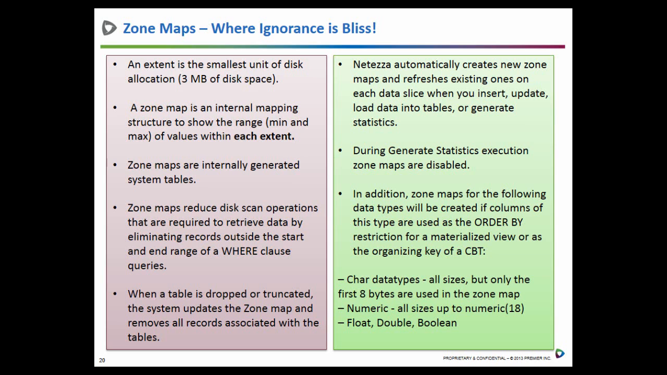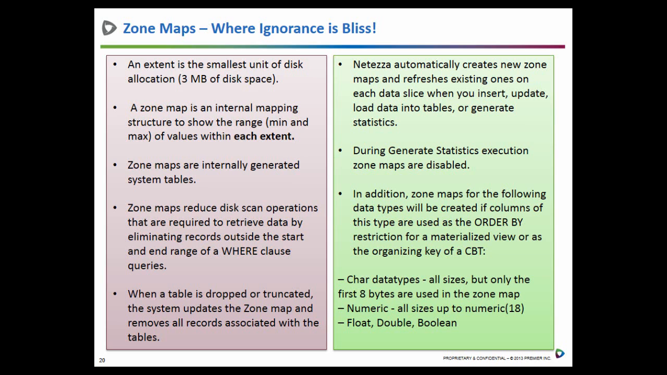Netezza stores data in data slices or hard disks, right? Each of these hard disks has pages. These data slices have a logical configuration of pages and extents. Each page has 8 extents, or I forget how many extents, and each extent is made up of 3 megabytes of disk space, right? And a zone map is an internal mapping structure that stores the min and the max value